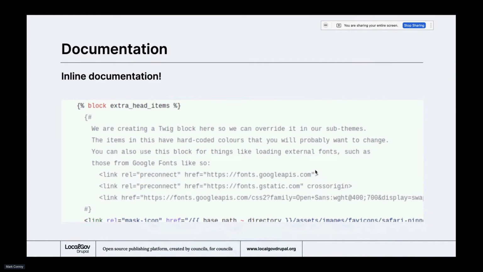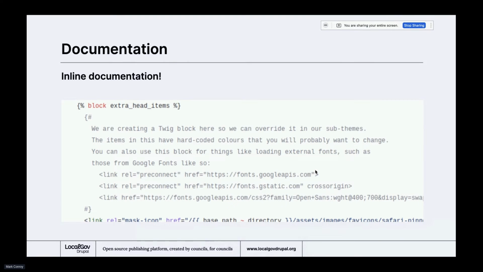When it came to documentation, we wanted to make sure that our theme was well documented, but often we find, if you document something in a docs repo, maybe someone doesn't even know that docs repo exists, so wouldn't go there to find the information, or maybe something gets updated in the theme and the person who updated it didn't realize that the docs need to be updated somewhere else. So instead, what we're trying to do is keep all our documentation inline,